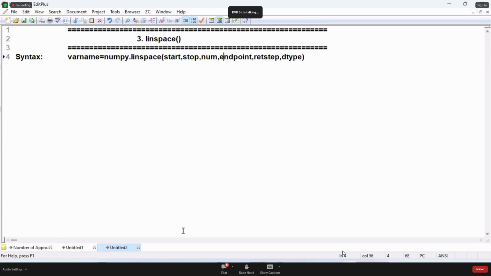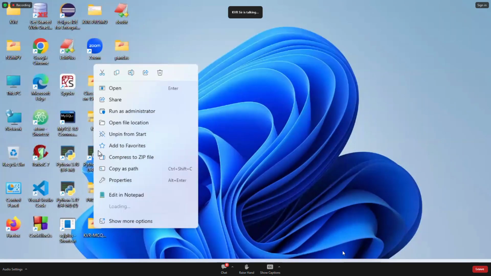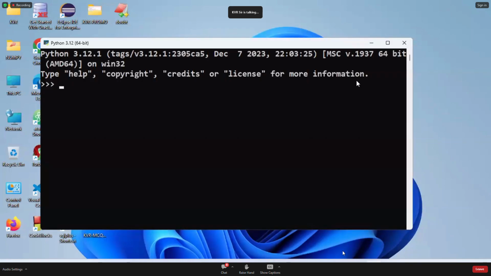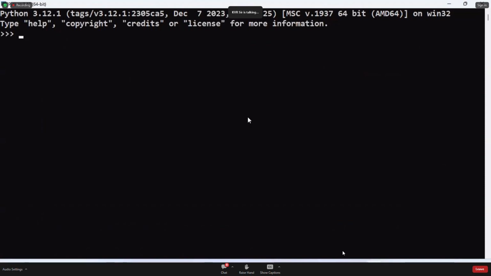Let me go to the Python environment first. Here I'm going to introduce: import numpy as np. So I got my data. Are you following me? Now I'm saying here a is equal to np dot linspace